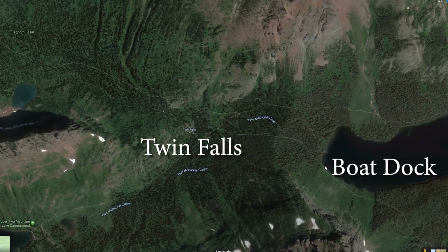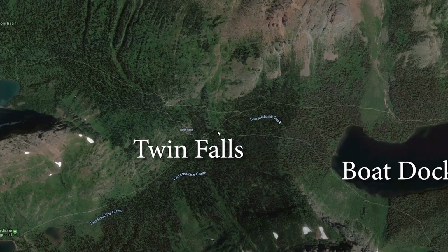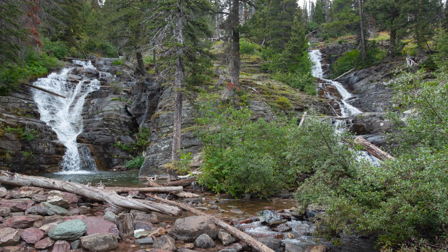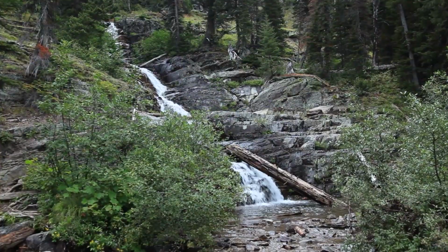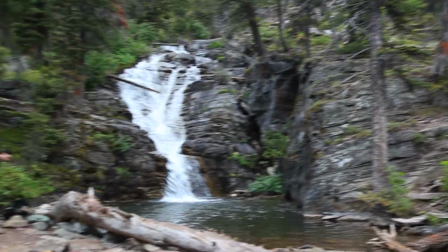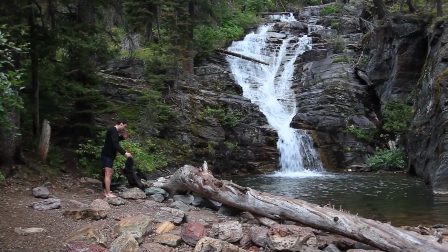Just about all of this trail is heavily in the trees. There are a couple of trail junctions, so follow the signs to make sure you go to the right place. This is the falls. Or is it, these are the falls? Anyway, there they are. They're not spectacular, but it's not a bad way to spend part of a rainy afternoon. The more interesting thing was one of the